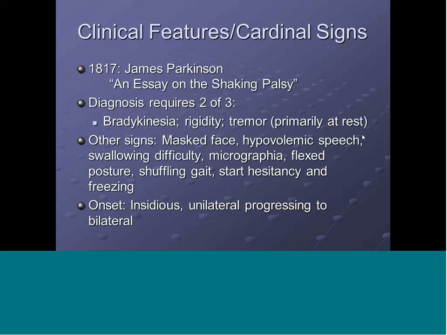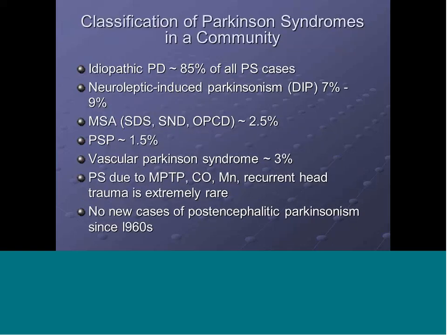But earlier on, we don't see all these typical features. Usually, Parkinson's is a slowly progressive condition, so if we see patients who have symptoms that come on suddenly, we think of other reasons than typical Parkinson's. Idiopathic Parkinson's disease makes up the majority of the cases of Parkinsonism. Other varieties include neuroleptic-induced Parkinsonism or multisystem atrophy,